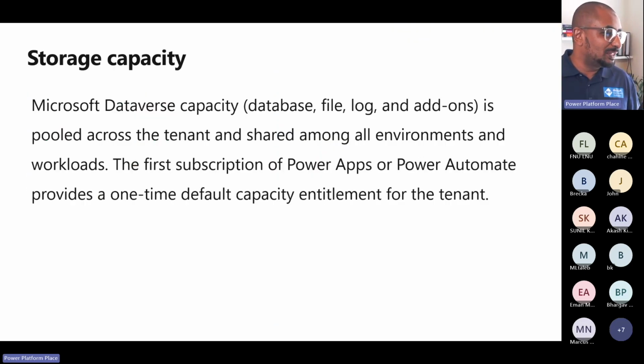All right, let's see what is the next slide. I just have 2 mini slides here. Security. This is storage capacity. This is going to be probably covering just the licenses. When we're talking about the Dataverse capacity, you're talking about the database, you're talking about the files. If you have columns that store files and attachments, and then we have logs, or any add-ons on top of that, it is pooled across the tenant